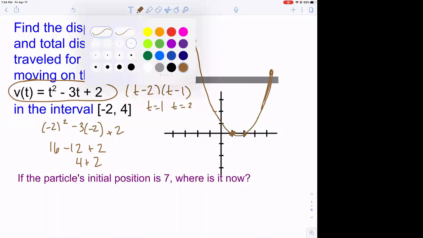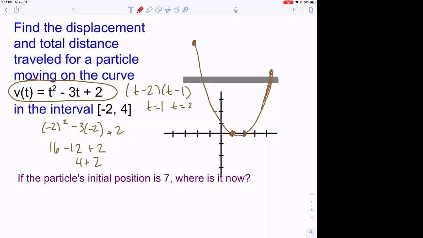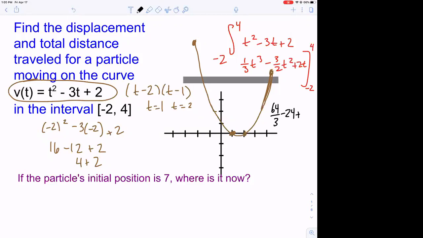So what's the difference between displacement and total distance again? Well, displacement is just the integral from -2 to 4 of this guy, right? We could do this without a calculator. The antiderivative is 1/3 t cubed minus 3/2 t squared plus 2t. I mean, it's gross, but we can do it. I don't know if I'd want to do total distance without a calculator, but we can still do it. At 4 that's 64/3, 4 squared is 16 times 3/2 is 24, plus 8. Subtract out what you get when you plug in -2, which is -8/3